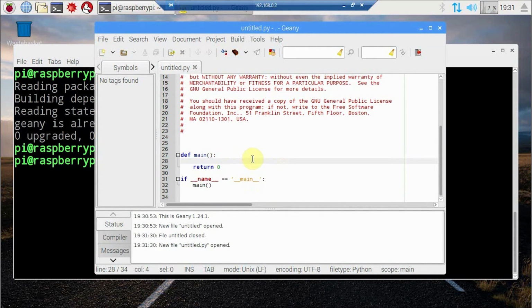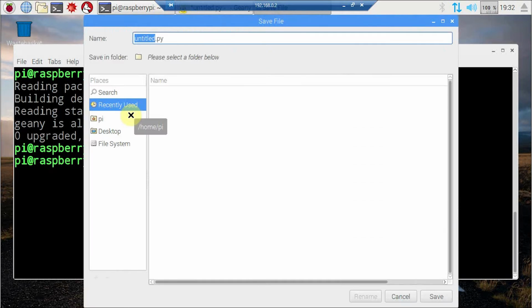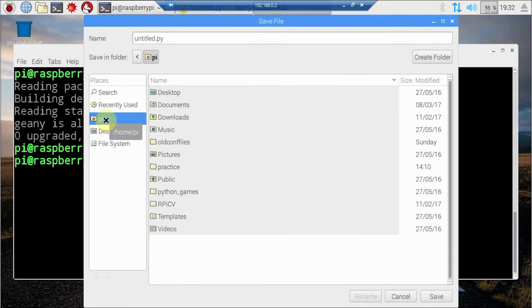So let's see, print hello world, and let's save this particular program. It is going to ask us for the location of the file. So we are going to save it in the home directory with the name untitled.py.